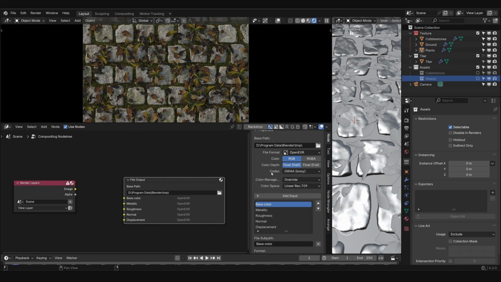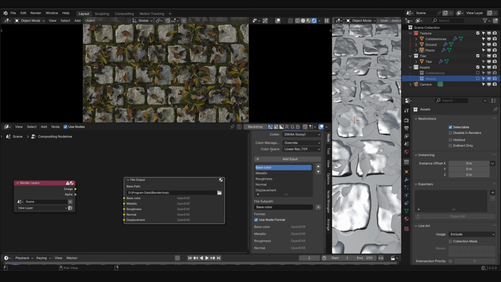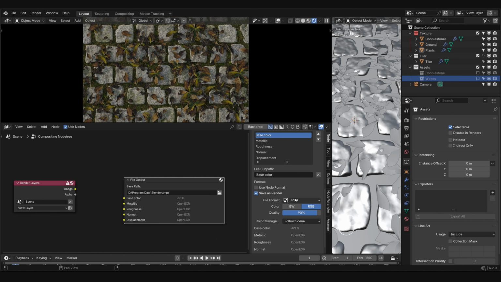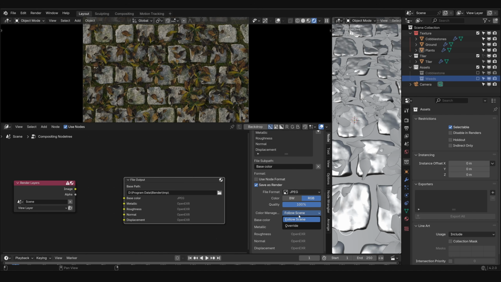So not linear, Rec 709, sRGB. Okay. However, some of the outputs can do without this. For instance, the base color, I don't feel like needs this kind of color depth. So I'll turn off use node format for base color, and I'll just change it to JPEG. JPEG, 100% quality, and follow the scene color management, which will just copy the color management from the render settings